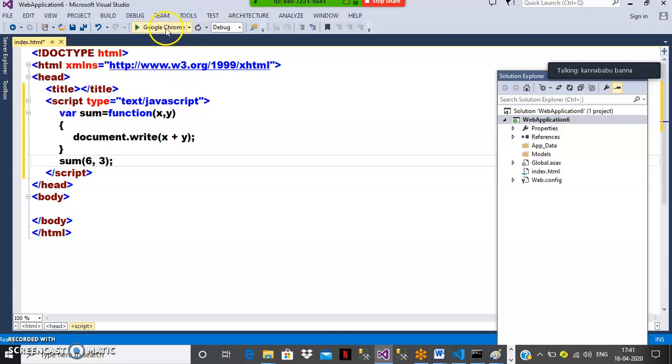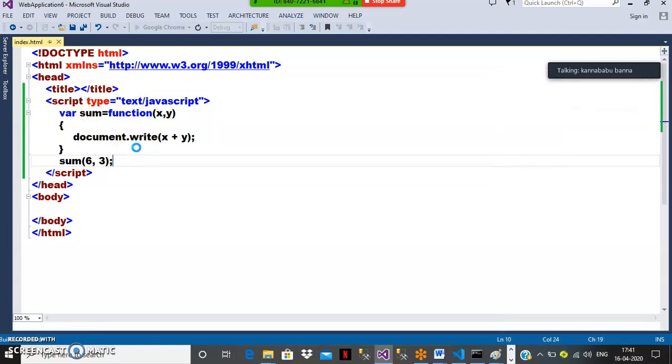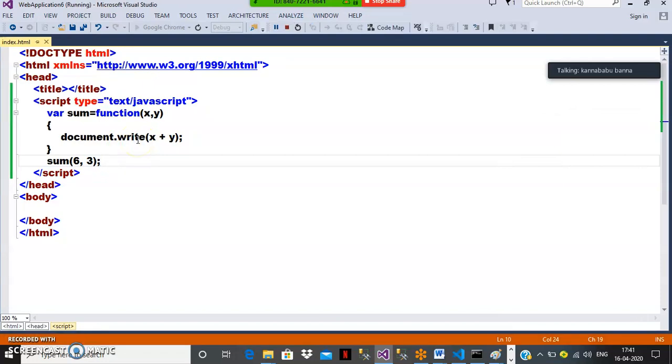Okay, now press F5 and check the output. So we directly declare a function without having any name and assign the function to the variable. In JavaScript, we consider functions as variables only, and the result of the function will be stored in the variable. Did you understand? So declaring a function without having any name. You can have one doubt, sir, why declare a function? Here I got the output 9, you see.